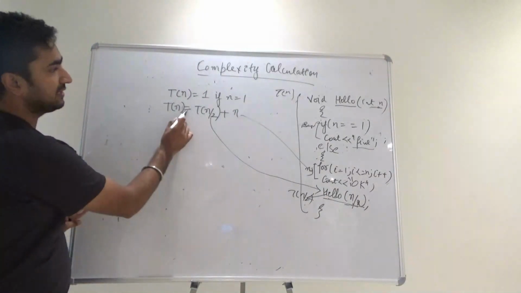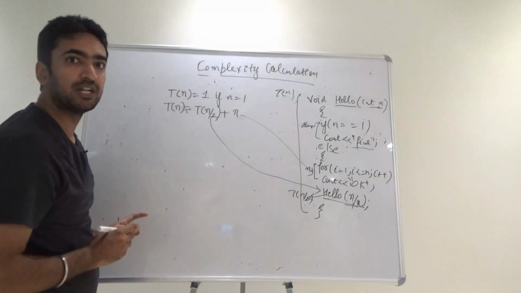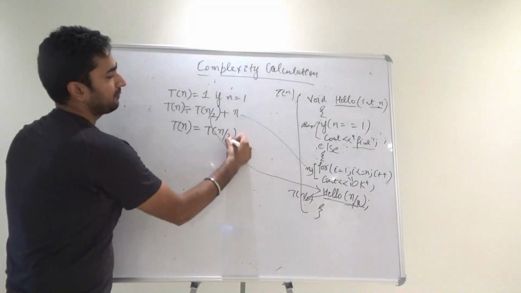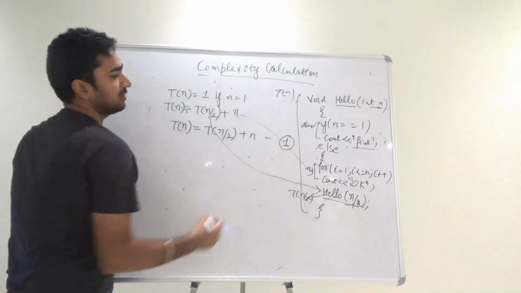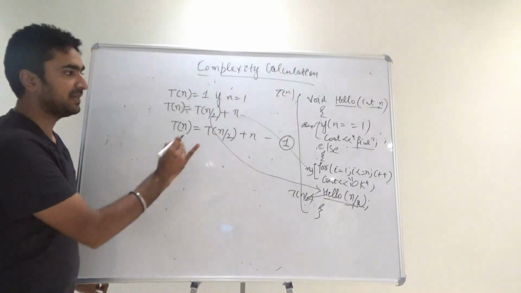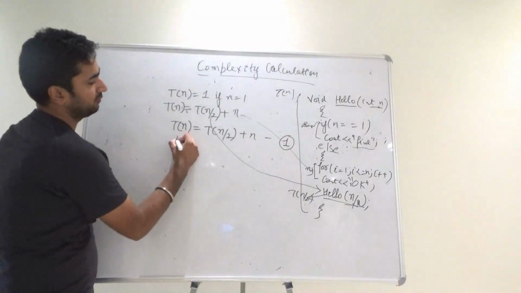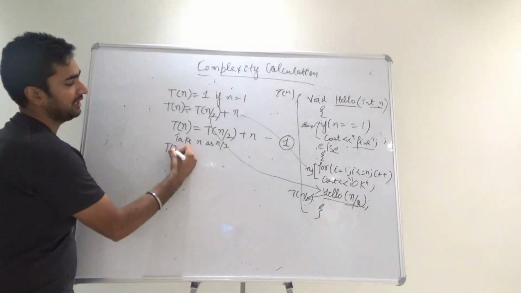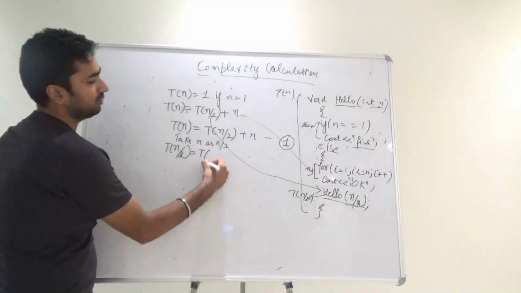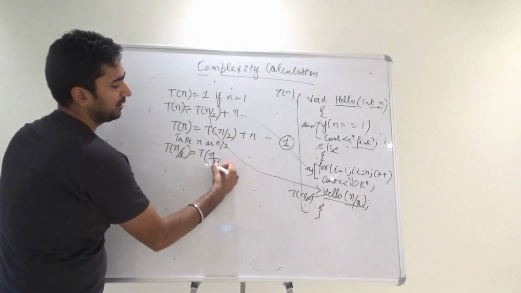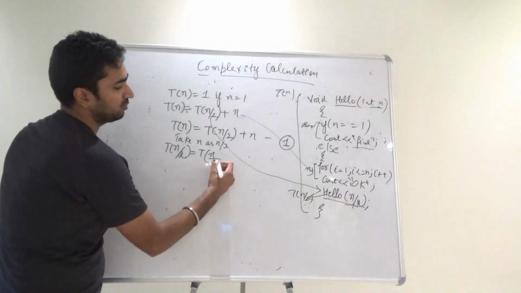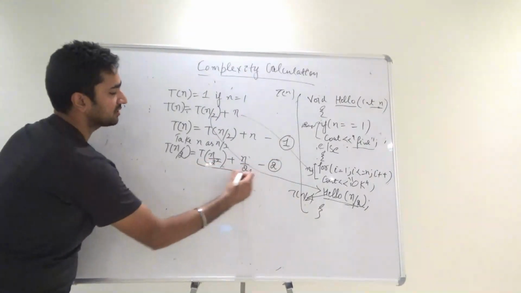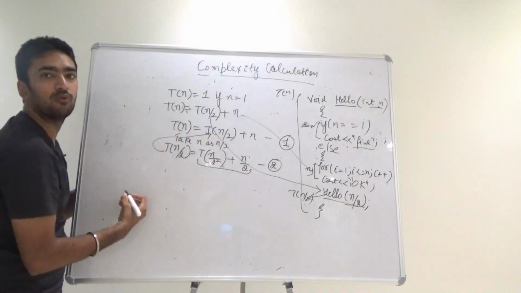Now it means I have to solve this particular part to get the result of this equation. So we got t of n is equal to t of n by 2 plus n. This is your very first equation, right? Again, I am basically taking n as n by 2. Take n as n by 2. What am I going to get? T of n by 2 is equal to t of n by 2 by 2, that becomes n by 2 square, plus n by 2. This is your second. So you have already got the answer of n by 2. You just need to put this answer over here.